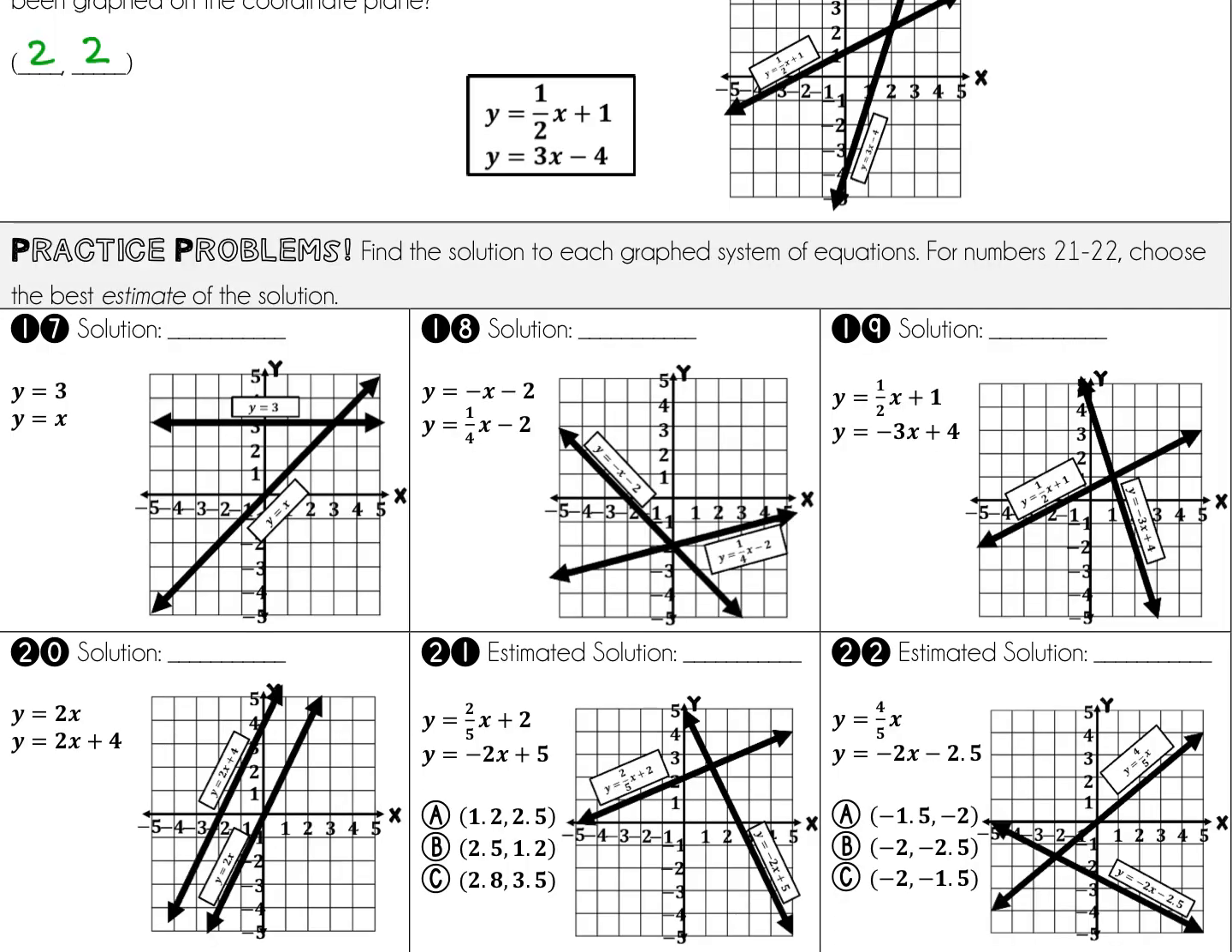Next, I want you to pause the video and try the practice problems. Find the solution to each graphed system of equations for numbers 16 through 20. For numbers 21 through 22, choose the best estimate of the solution. You should have gotten the point 3, 3 for number 17, 0, negative 2 for 18, 1, 1 for 19, no solution for number 20, A as the estimated solution for number 21, and C as the estimated solution for number